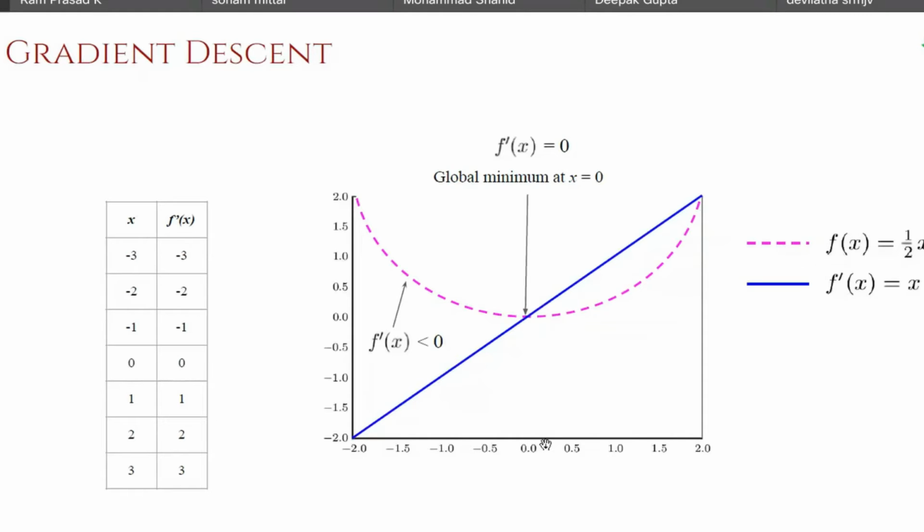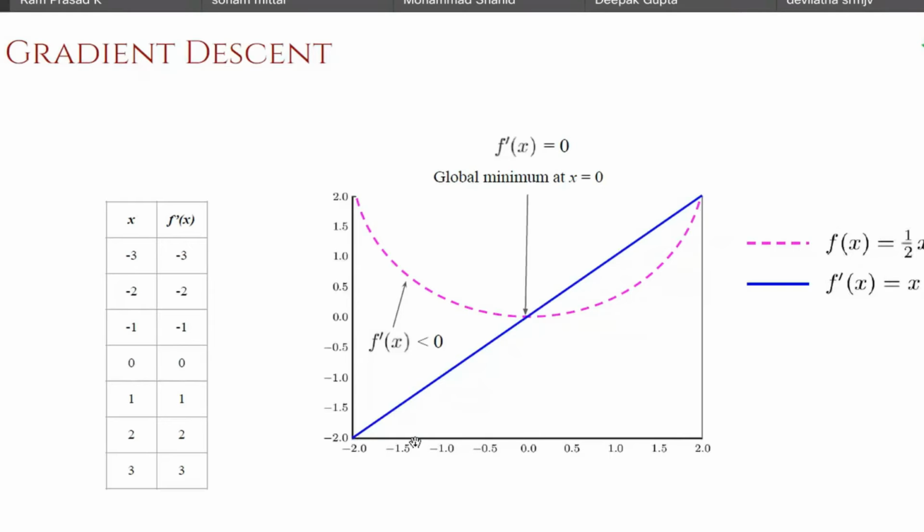So now you again increase it, and x becomes 0. You again put it inside your first derivative: f prime of 0 is equal to 0. So that's the point, because when x is 0, f prime also became 0. That gives us the indication that when the value of x is 0, your original function attains the minimum value. So this is the idea of how you can find for what value of x your original function attains the minimum value by making use of the sign of the derivative of your original function.